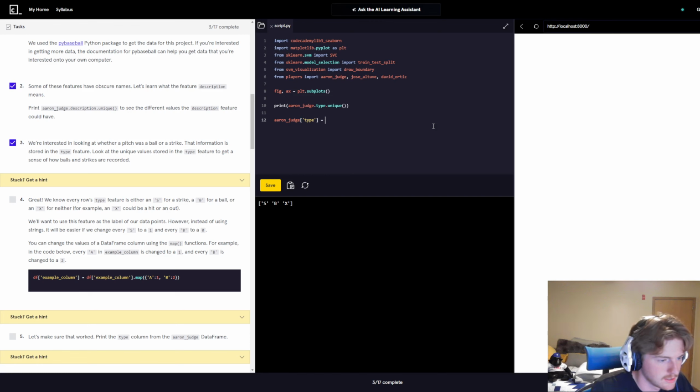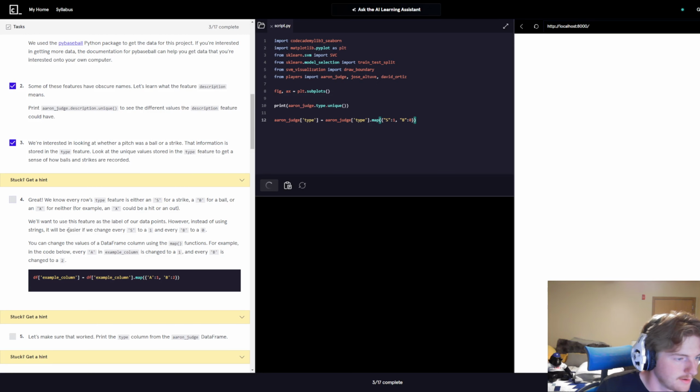To do this, we'll do the data frame Aaron Judge at the index of type dot map, and we'll add the dictionary here. So for every time there is the letter S, it wants us to map a strike to a 1, and it wants us to map a ball to a 0. So doing that,